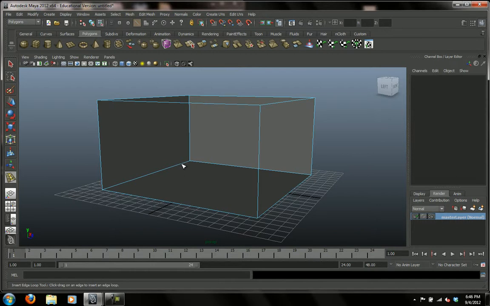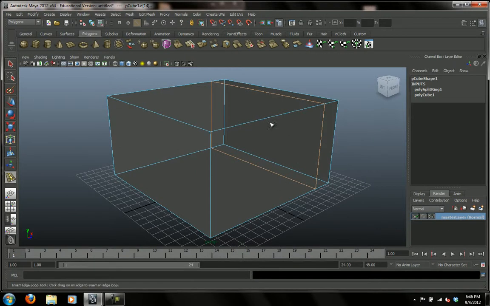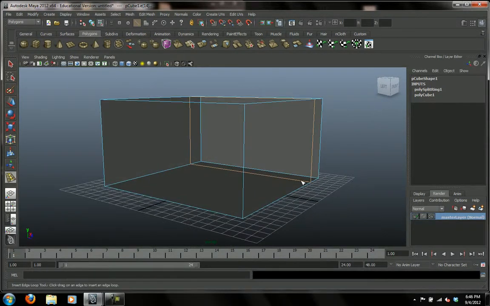But if I go to an edge here and I click it, and I hold down the left mouse, it's going to give me an indication line of where it's going to split that polygon. And because there's all 4 sides all the way around here, it's going to split this cube all the way around like so. Now my split polygon tool is still active,